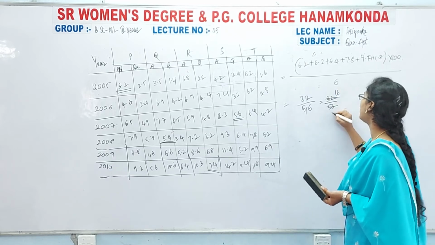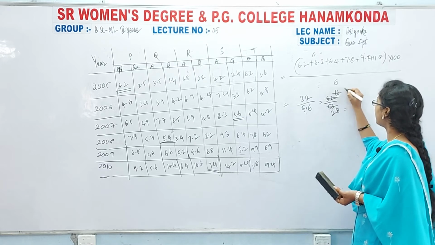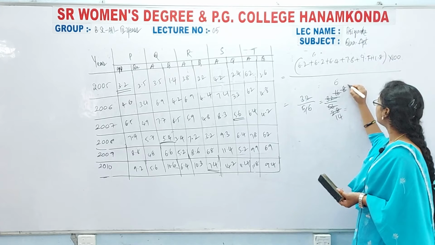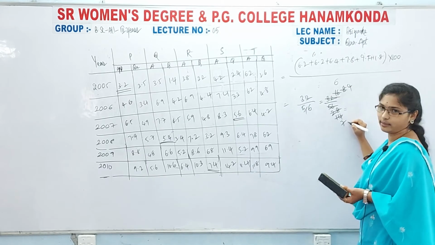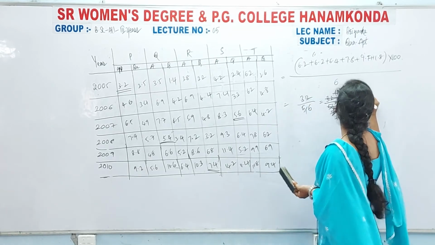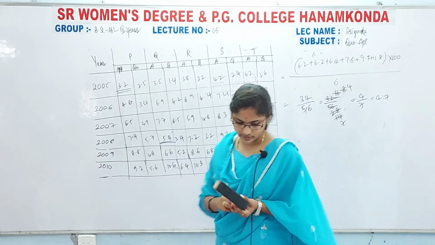2 16s are, 2 2s are 4, and 16 means 8s are, again 2 8s are, 2 14s are, 2 4s are, 2 7s are. 8 table also we can take. So directly you will get 4:7. So it is 4 by 7. That means 4:7. Next, last question, fifth question.